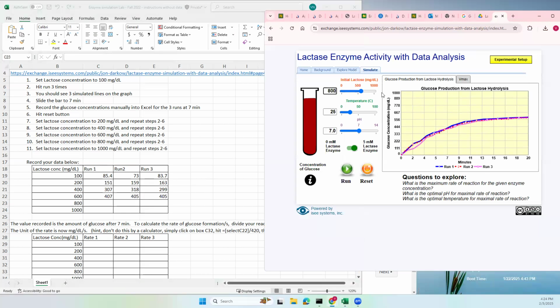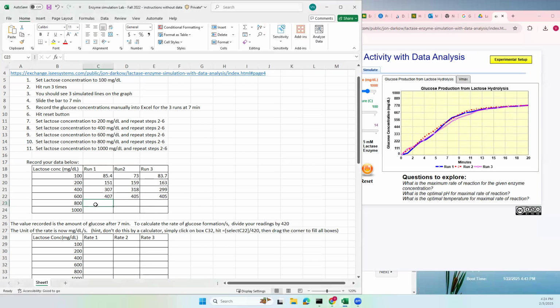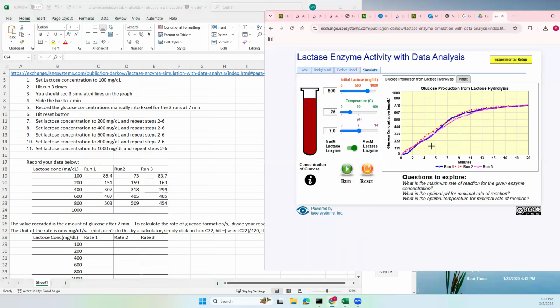Sorry, reset it first, go to 800, and then we'll hit run 3 times. 1, 2, 3. Now also click at minute 7. Now I have 503, 509, 454. Your three data, once again, will be different from the three data that generated this